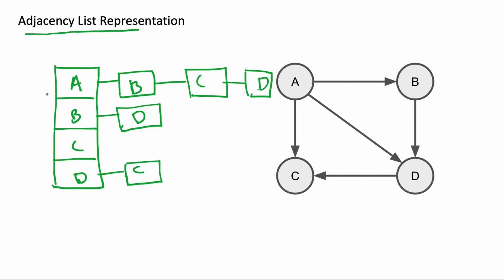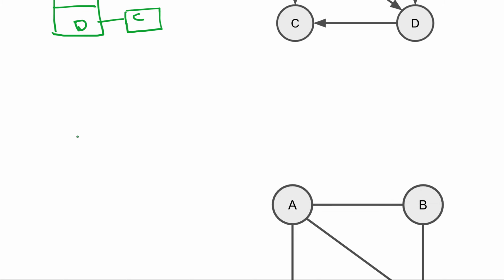The idea is simple. You first create a list, or actually this can be an array of nodes, and from each node you can start a linked list. Okay, so first you create a list of the vertices, then from each vertex you start a list with elements. Those elements are the adjacent nodes of each of the vertex listed in the list. Okay, now we will see another example.